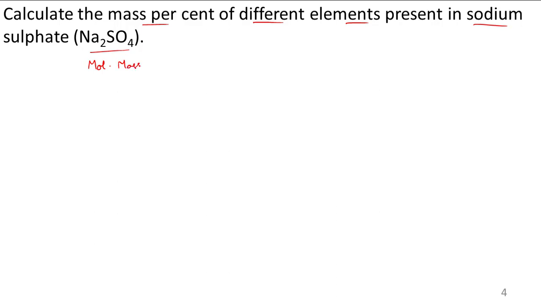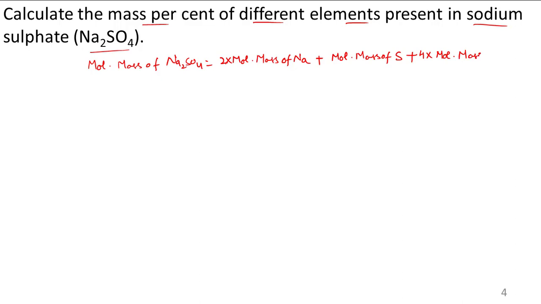So molar mass of sodium sulfate is equal to 2 into molar mass of sodium, because we have 2 atoms of sodium, plus molar mass of sulfur, because we have only 1 atom of sulfur, plus 4 into